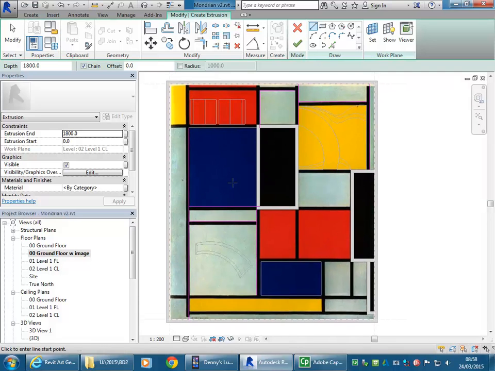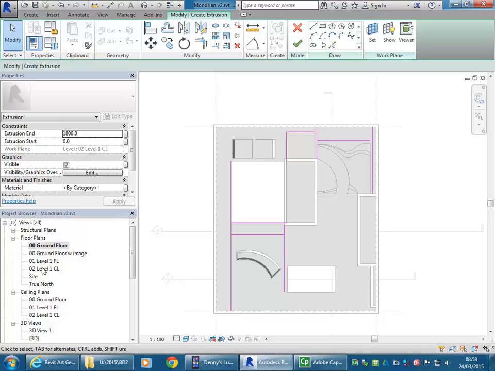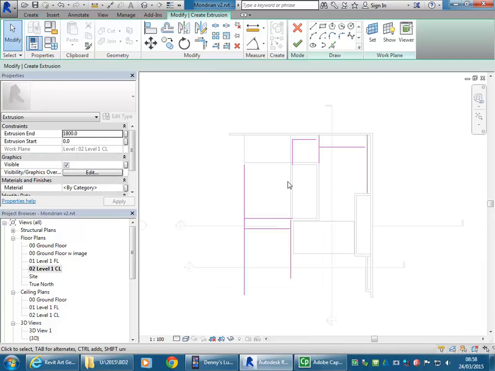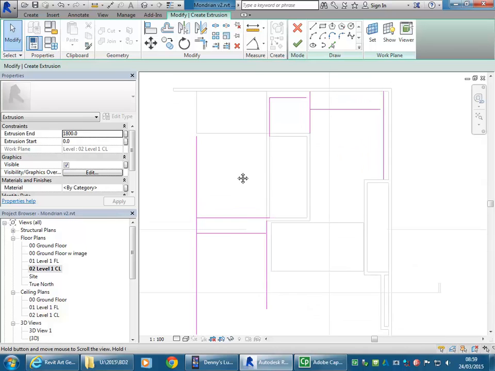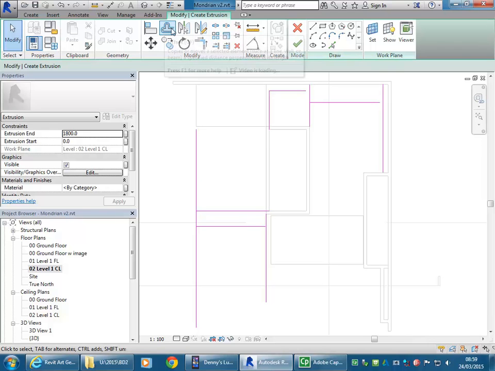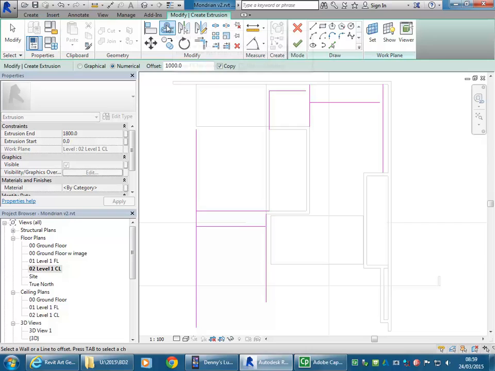So I've got the image there in this view, and that can be a bit difficult to work with. So I'm going to switch to my other ground floor, or I can even go back to the level that I started on, and then I can see the lines a lot more clearly. And so I'm going to use a few different tools now. So I've just been drawing with the straight line tool up until now. But then I'm going to go to offset, and so you can see there in the modify panel a lot of the tools there